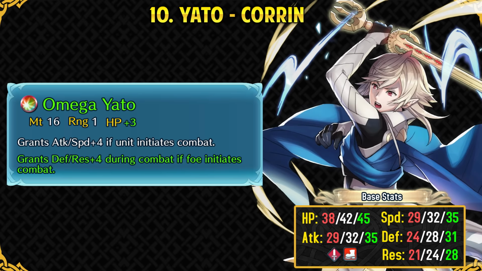So in Fire Emblem Fates, Omega YATO would give CORRIN +4 to all of his stats, but of course in Heroes, giving a unit +4 buff to all of their stats in a single phase would be just too much, and like I said before, CORRIN is just too balanced, so that's why he actually makes good use of this refine. So he gets Sparrow built into his weapon, getting +4 attack and +4 speed when he initiates an attack,